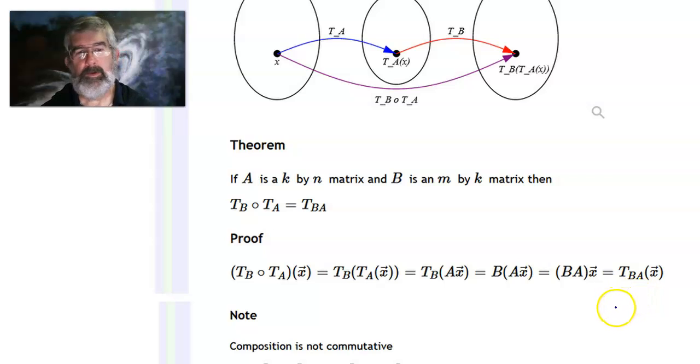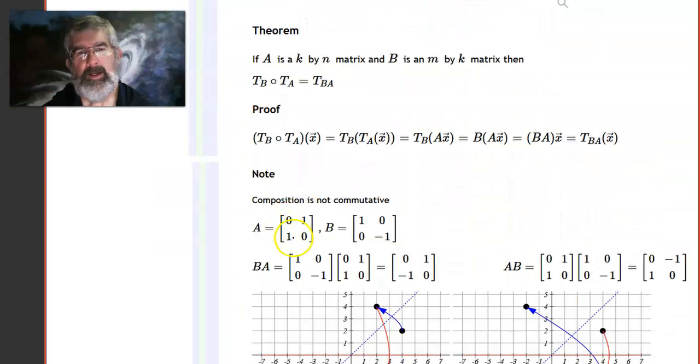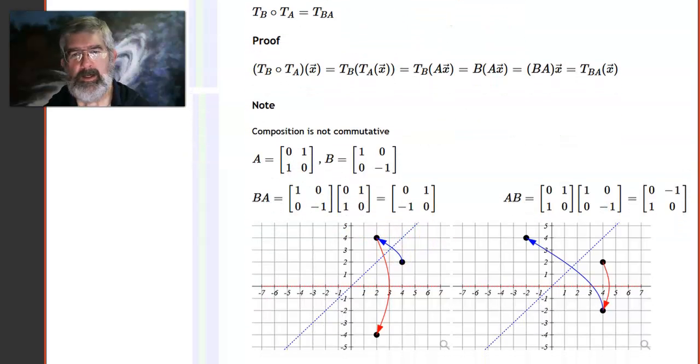Okay. We've noted above that the composition is not commutative, so we have to be careful that the composition in one direction may not be the same as the composition in the other direction. For instance, the transformation A is reflection across the line y equals x, and B is reflection across the x-axis, right? So the y coordinates become negative. If they were negative, they become positive. And so doing it in one order,